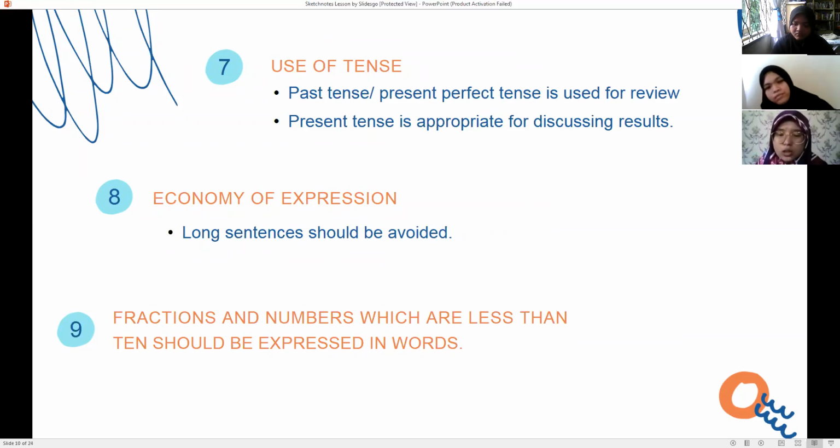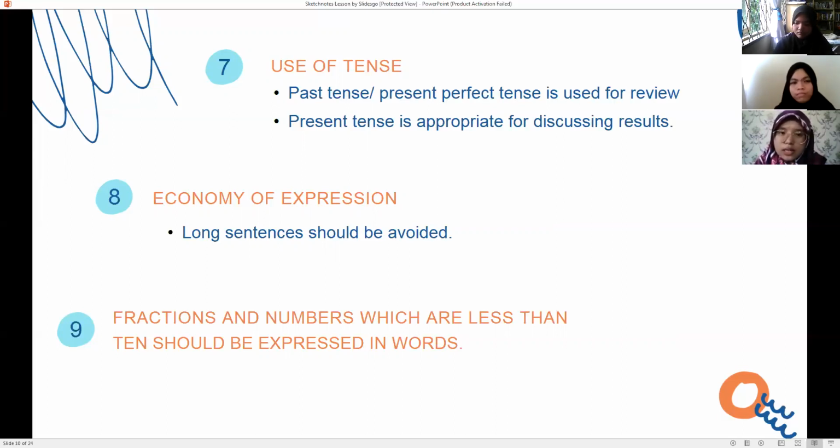Our ideas should be presented in short sentences only. Then the next one is fractions and numbers, which are less than 10 should be expressed in words. This one is kind of straightforward. For example, if you want to write 6, we should write it in words rather than in numbers.